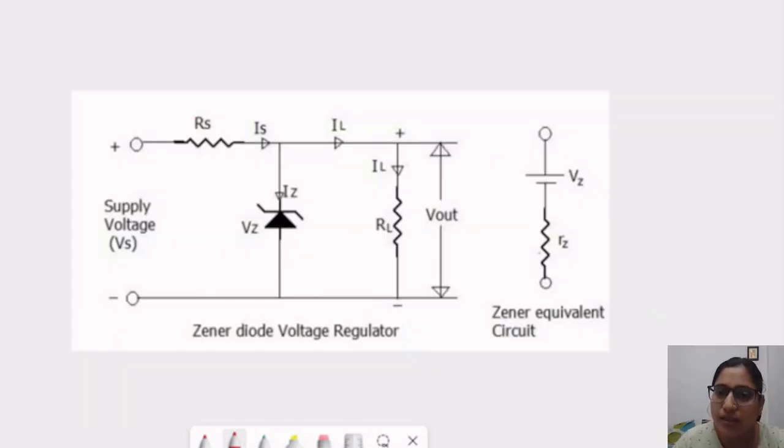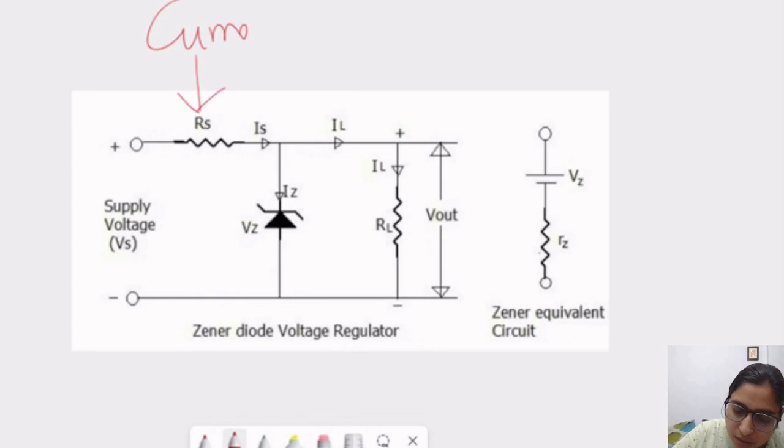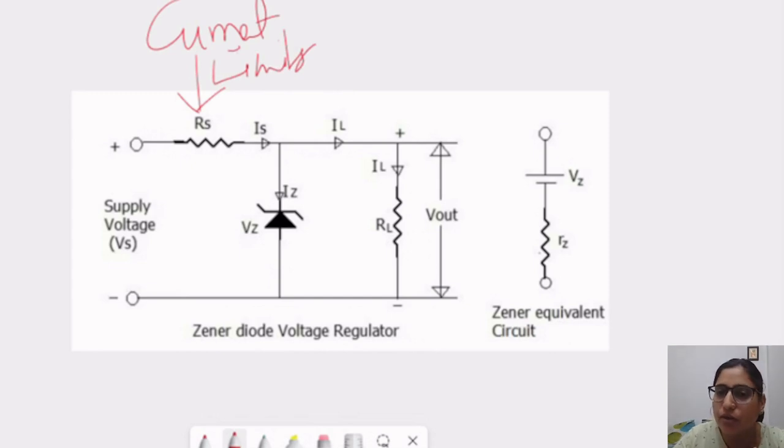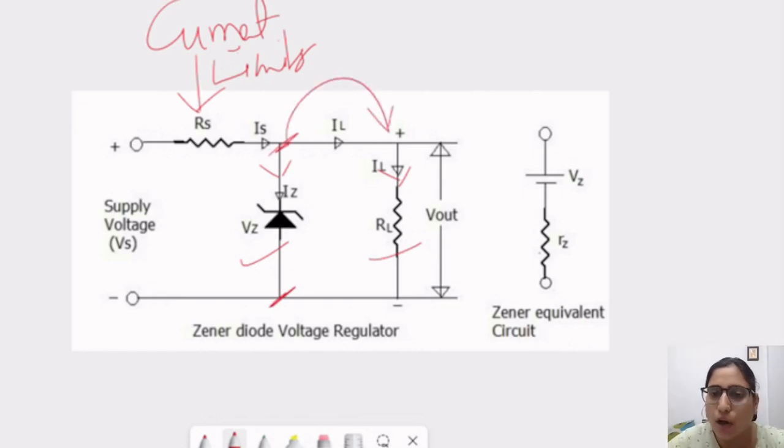But now this is the circuit for the Zener diode as a voltage regulator. Let us discuss the circuitry here. These are the circuit elements. First one is our current limiting resistor, RS, which is our current limiter. Whatever high current is coming, it is limited first by RS. Then the Zener diode is connected in parallel with the load resistor RL. Why in parallel? Because in a parallel connection, current is divided between Iz and IL. And second, whatever the terminal voltage is, it is always constant in the case of a Zener diode, so it can be directly transferred to the output node. This is why we connected it in parallel.